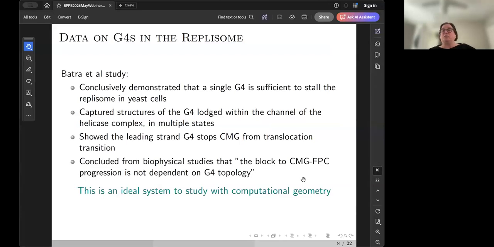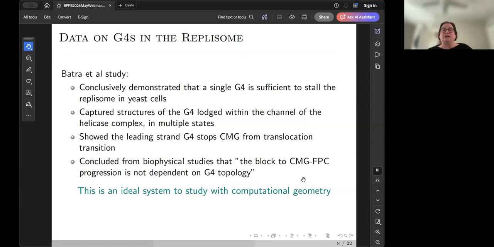So they were able to show that basically a single one of these G4s is sufficient to stall the replisome, particularly in the yeast cells, although they did work with human cells. They show that it actually takes different orientations in that channel. They show that it stops that CMG, which is the three main components in the structure, from